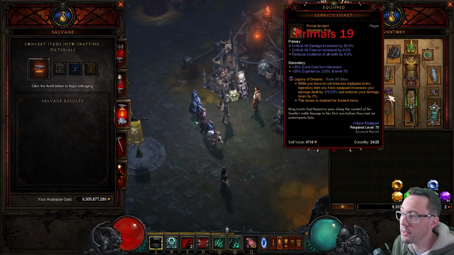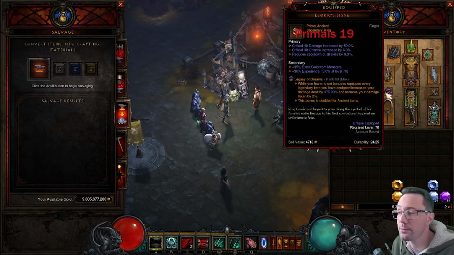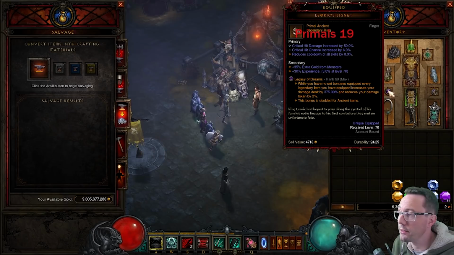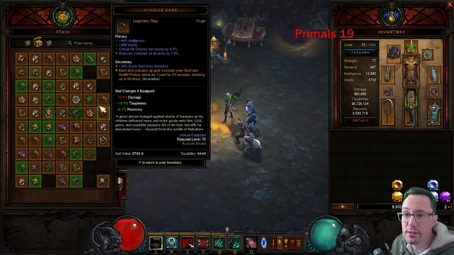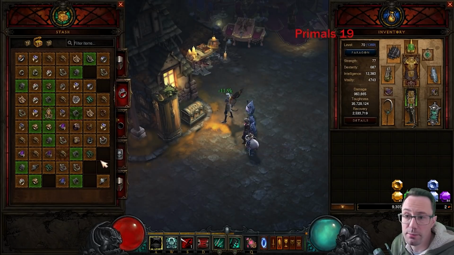It's a pretty lousy deal. They are so hard to find. I really do wish Blizzard would buff that, but that is pretty much it. So you either use them in builds because they are pretty nice, or you salvage them or give them to the follower. Now bear in mind, most of the time a really nice ancient item will be better than a